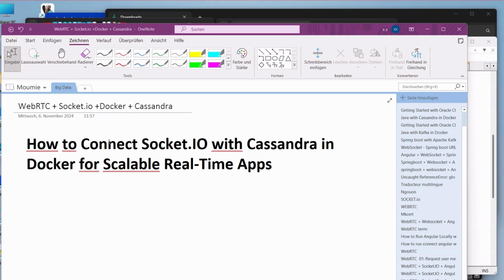Today we'll continue with our series on building real-time applications. And today we are going to connect Socket.IO to Cassandra. And before that, we are going to install our Cassandra inside the Docker. So at the end of the day, you will have